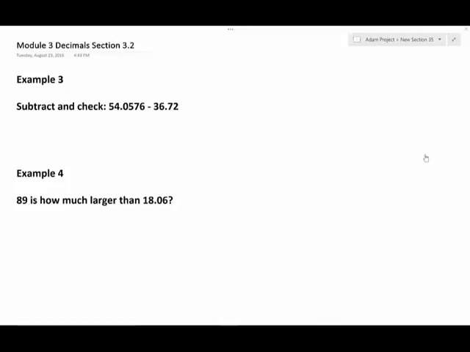Let's take a look at Module 3 Decimals, Section 3.2, Example 3 and 4. We will try to learn how to subtract two decimal numbers. First one is subtract and check: 54.0576 minus 36.72. So when you subtract decimal numbers, first of all, you write the first number vertically